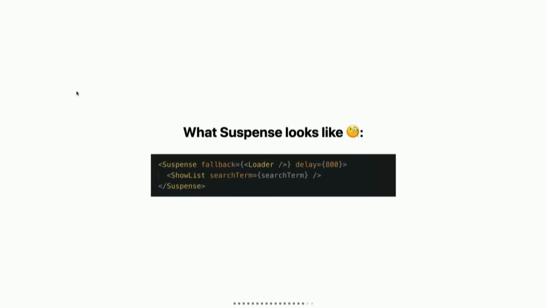So what does this look like? Well, we have a suspense component that we give a fallback prop to. So in this case, we have loader. That's going to be our fallback. And we wrap our suspense component around whatever component is going to be fetching data. So show list here is going to be fetching data, and suspense is going to know